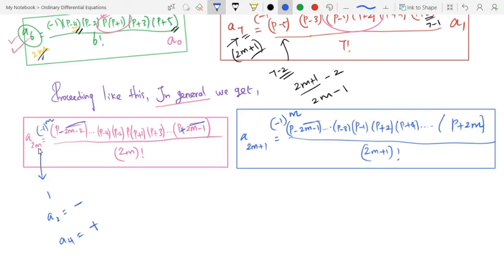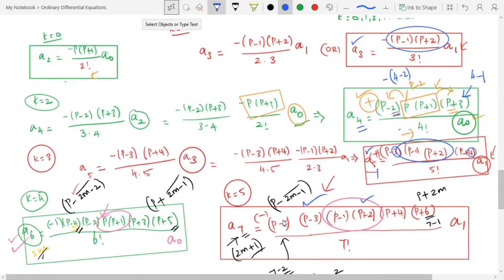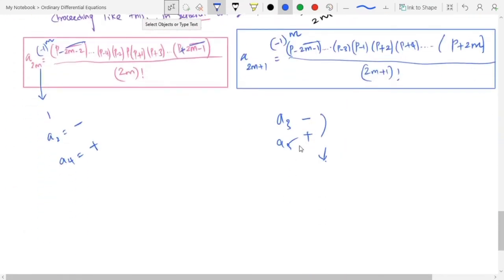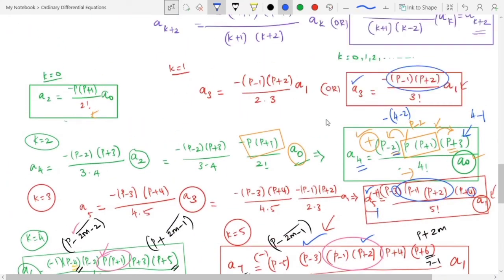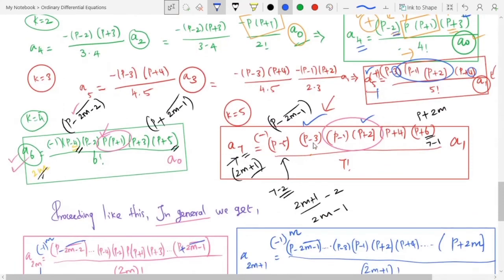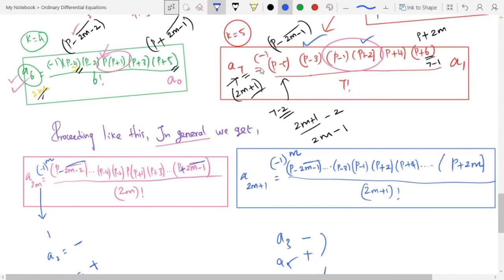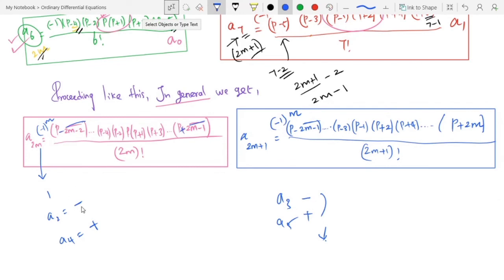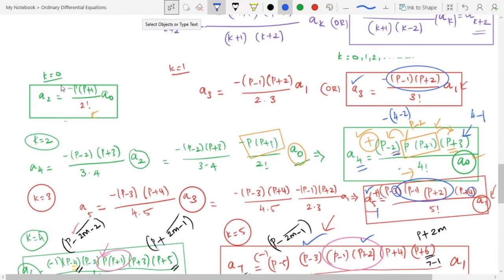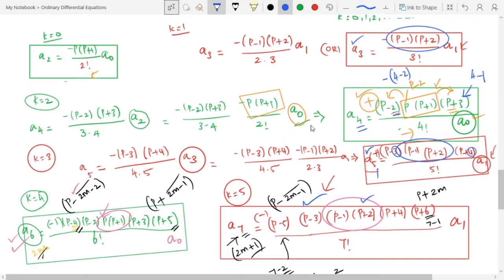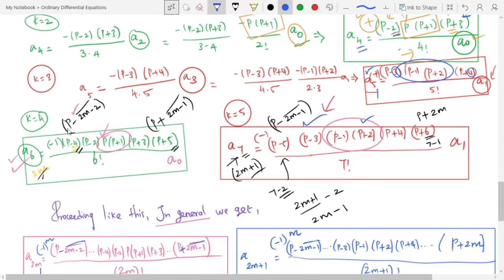You get alternative positive negative. Here also the same. M by 1 means you get negative. M is equal to 2 means positive. Alternative positive negative in the flow. Going ahead to check, A3 is negative, A5 is positive. Come to here, A3 is negative, A5 is positive. Of course, A7 is negative. That means alternative positive negative. Similarly for A2, start from negative, A4 positive. Go and check, A2 negative, A4 that is positive, A6 that is negative.